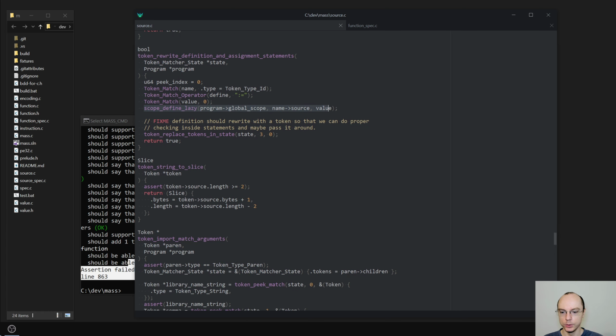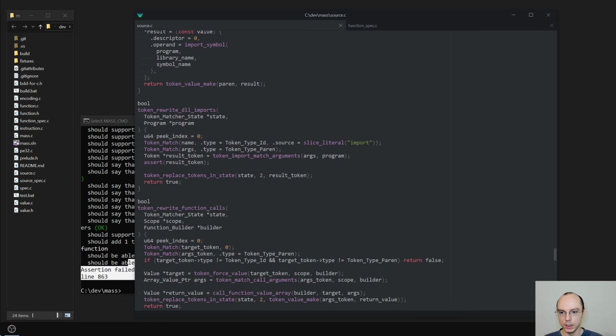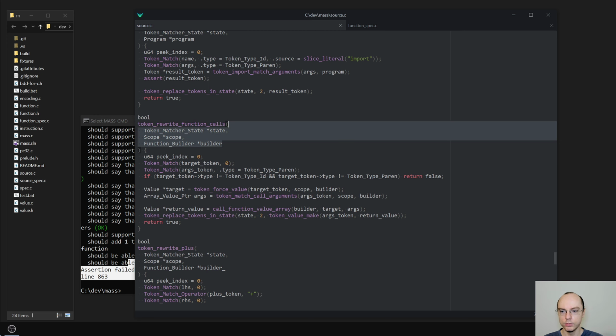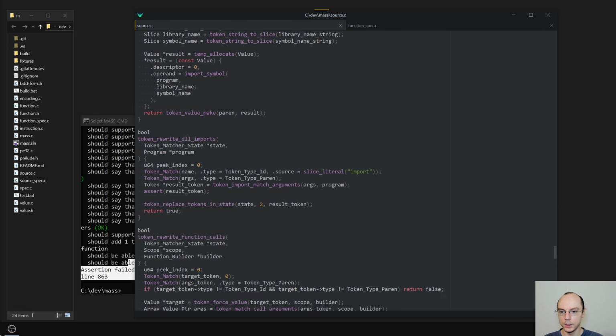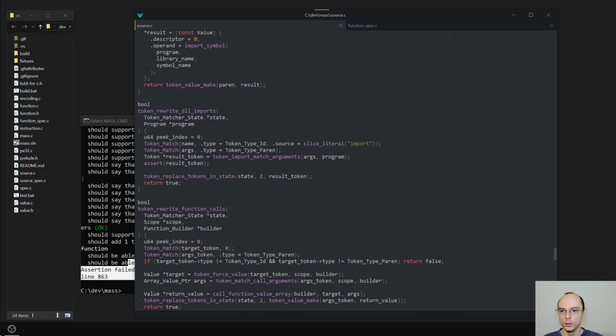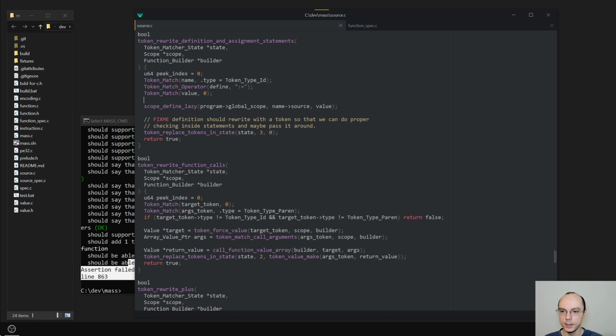It actually needs to have a little bit more things. So first of all, it needs to be probably this version of the rewrite. Let me grab this then and put it closer to here, because we're going to be dealing with the expression version, which is slightly different. So the expression version accepts a function builder because it might need to actually emit some code or change some of the state of the function that we are currently dealing with. So this is like this. And as far as define lazy,